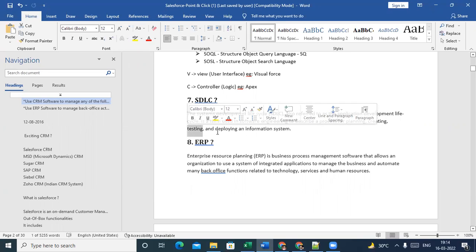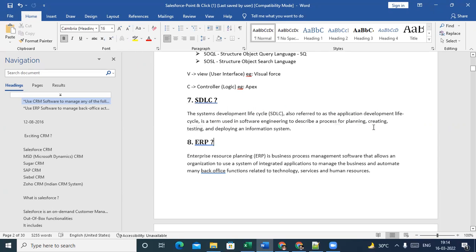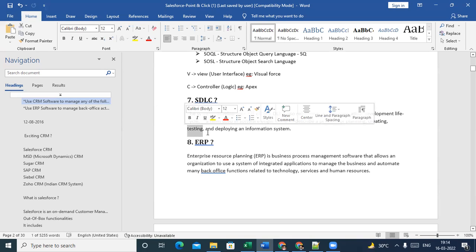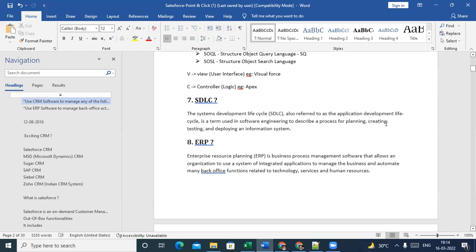So you'll be sending them for testing to your user. They will review whatever you have built against the requirements they gave you. If there is any change, they're going to say, hey, we don't want something like this, we want something different. This is the basic process followed in Salesforce and in all technologies. Once they have completed their testing and are satisfied with what you have built,